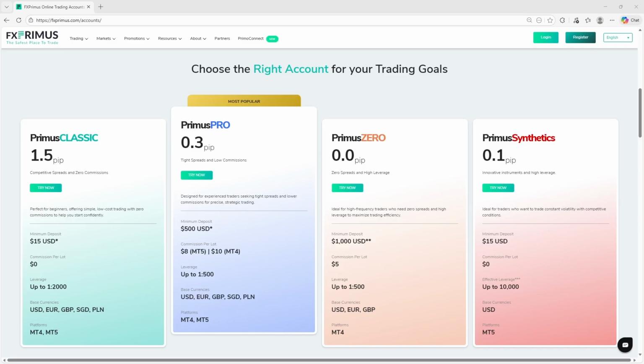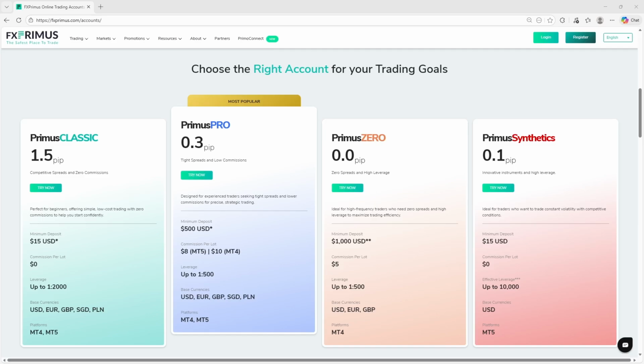The Classic account is positioned as the entry-level option, using wider spreads starting around the mid-pip range with zero commission and a very low minimum deposit that makes it accessible to beginners who want simple pricing without per-trade fees. Leverage on this account can scale very high depending on equity levels, which lowers the capital barrier but increases risk